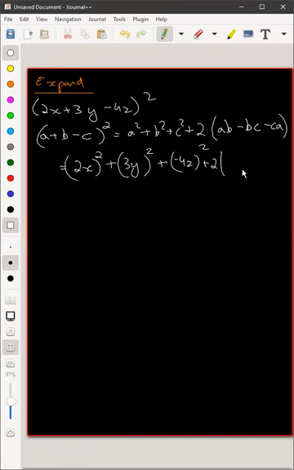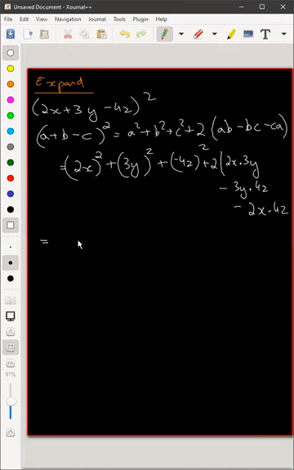That won't make an issue. Plus 2 into 2x into 3y minus of 3y into 4z minus 2x into 4z, which is